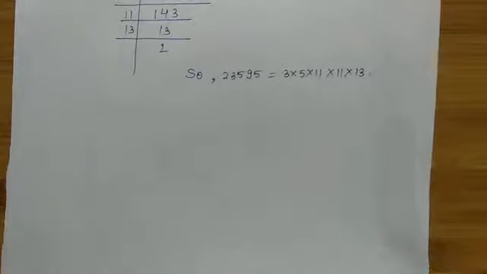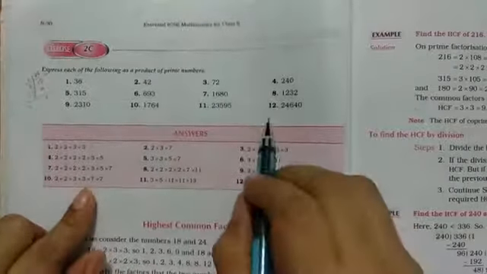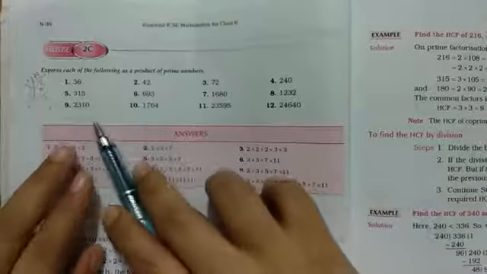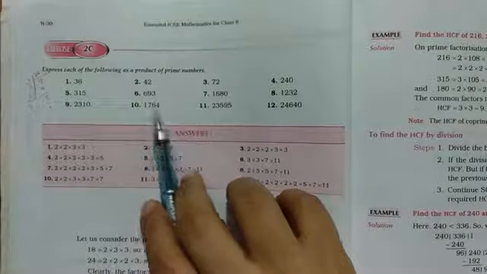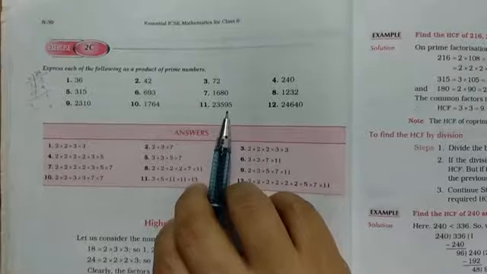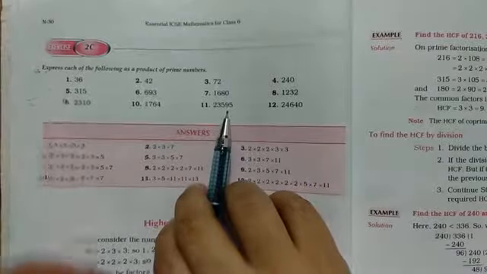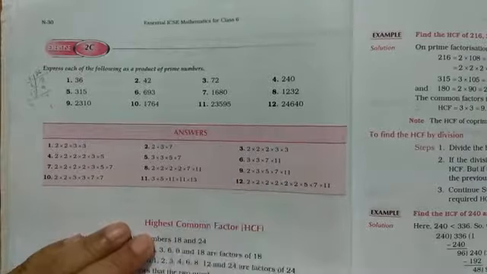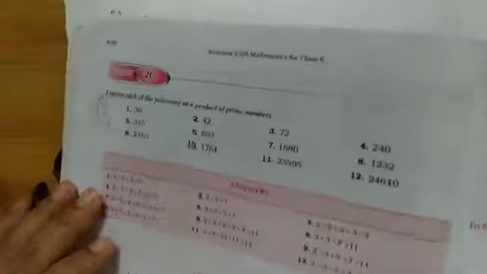I am taking another example also. That is your exercise. I have taken exercise 2C of your book, and this is the book, and we have 12 questions in exercise 2C, and these are very tiny questions, but the last 4 questions, like 2310 and 11, 12, are a little bit longer, but the other questions are easy. You have to start with the smallest number and move further in a sequence and reach the greatest number until you receive a remainder 1. It is completely going to be divisible.